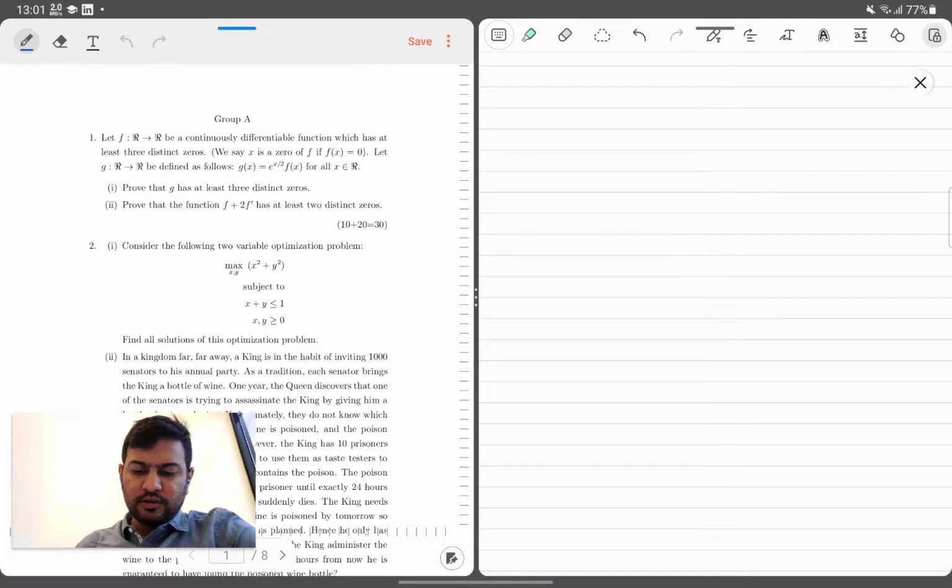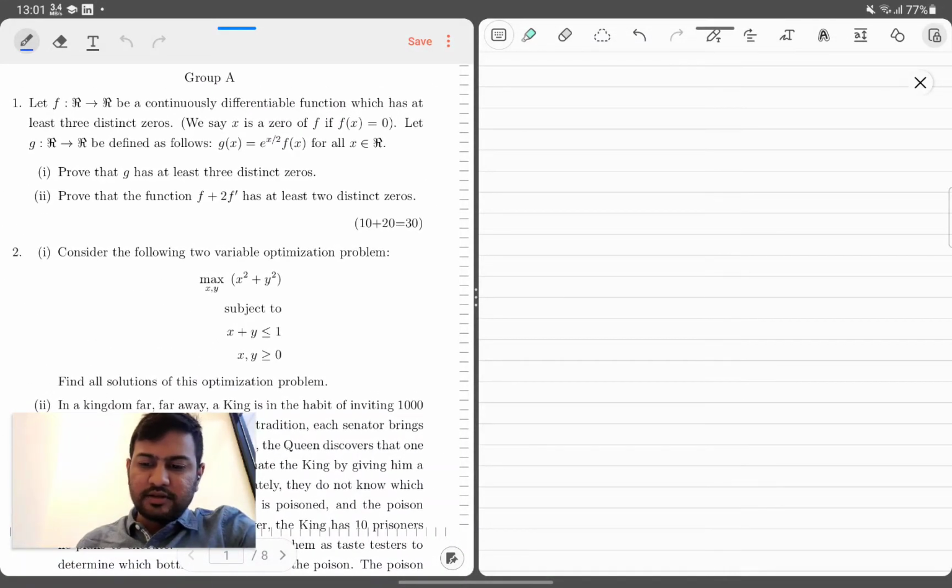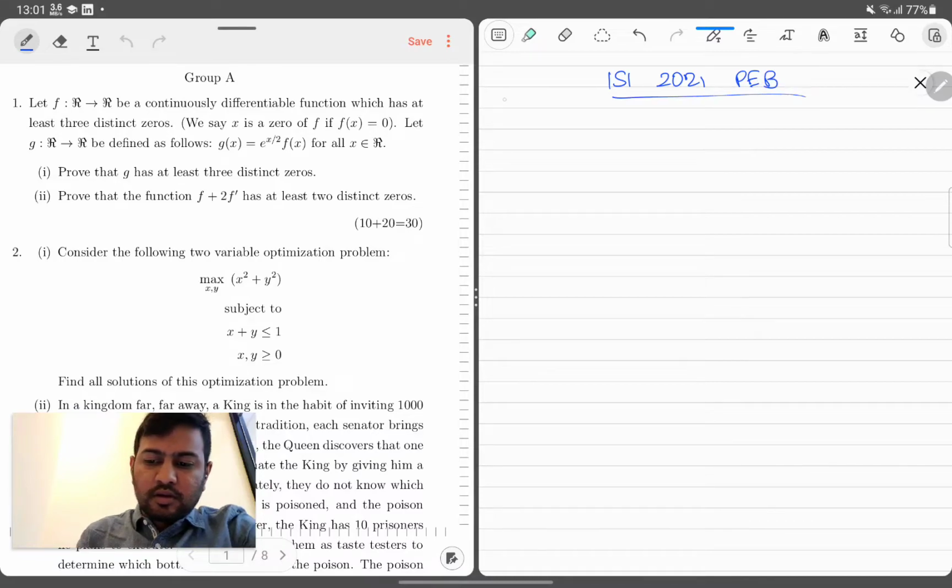Let's look at problem number 1 from ISI 2021, PEB part. So in question number 1, as you can see, we have to prove that, okay, so we are given this